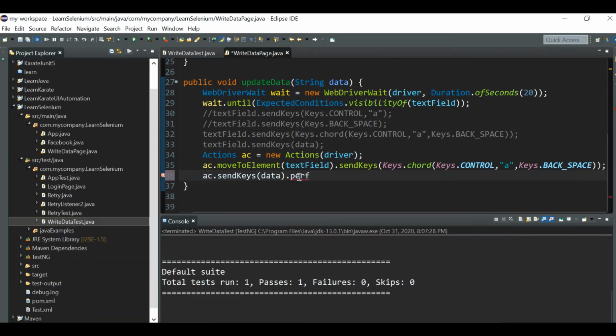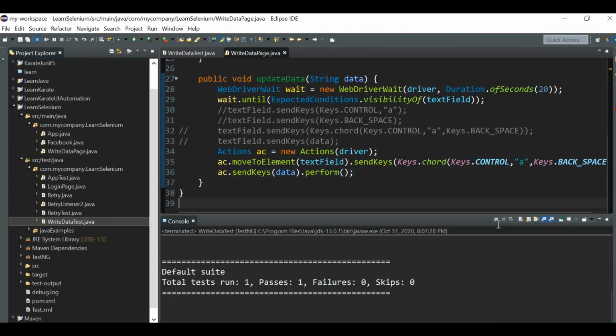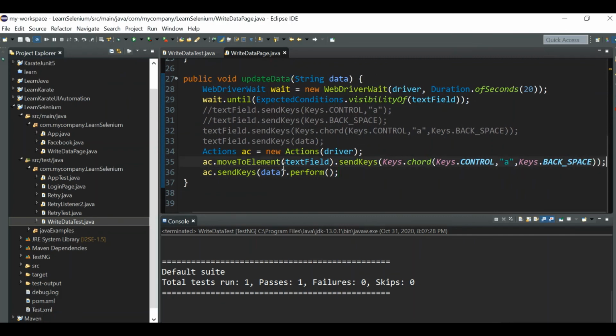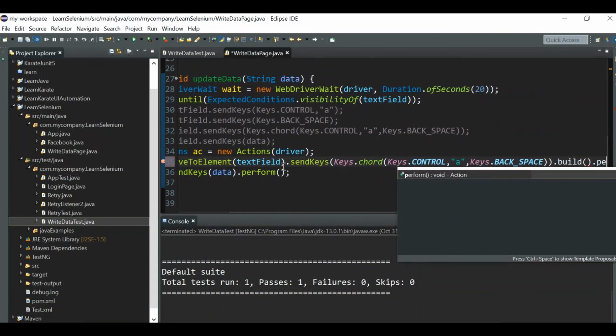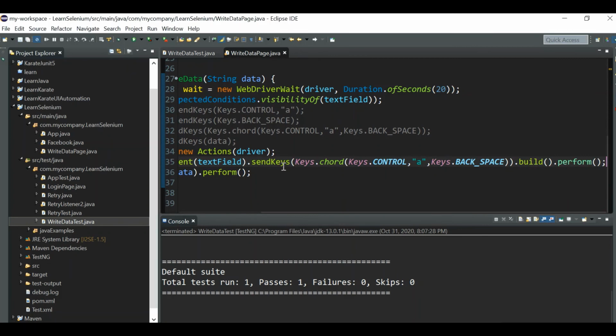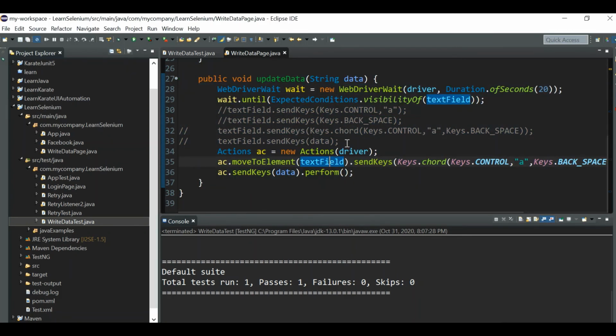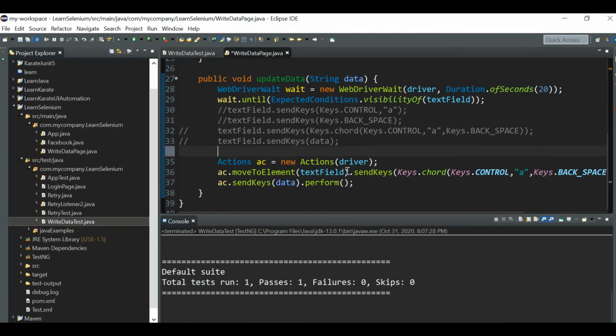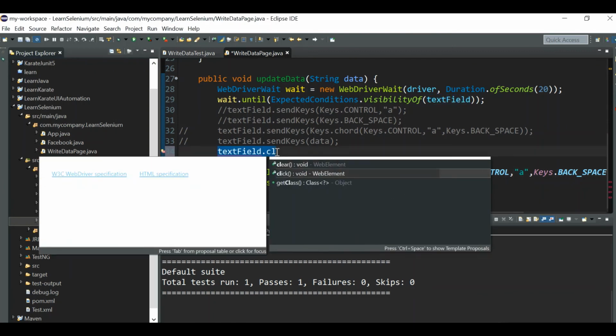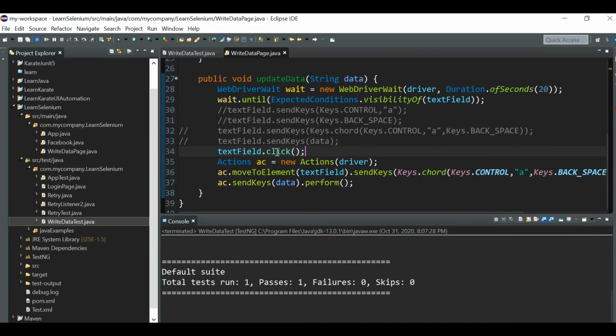Now you know, whenever we do some actions with the Actions class, we have to give a perform at the end, right? Similarly here also, we are doing multiple actions, so we need to give build().perform(). If you are choosing this way of clearing the data, you have to click the field first. Then give this moveToElement, and let's see if it works.